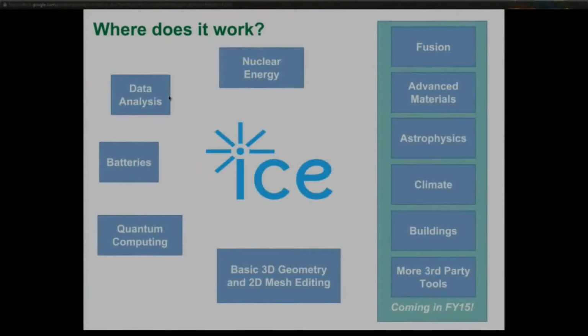So where does it work? Well, we do quite a bit now. On the right, there's a list of things that we're doing next year, or this year. And on the left, there's some other things. On the left, I kind of had to pack some stuff in together. That nuclear energy box would mostly take up this slide with the things that we've done there. Data analysis, we have several different data analysis systems in there, and we're looking to build more. We have papers published on some plans that we've done and some prototypes in the system for automatically doing things like clustering and classification with the system built into the nuclear reactor data.